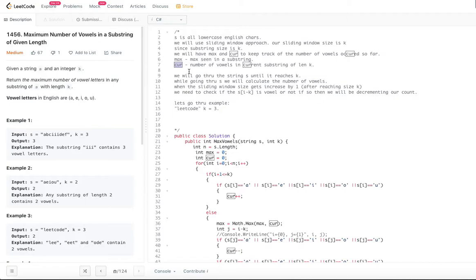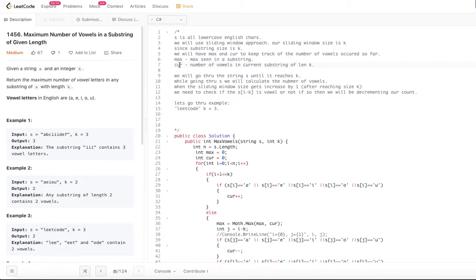Once we fill the window, we get the count of vowels and put it into cur. Then we verify whether cur is greater than max. If so, we override max. We continue that process through the string s, at every substring of length k.